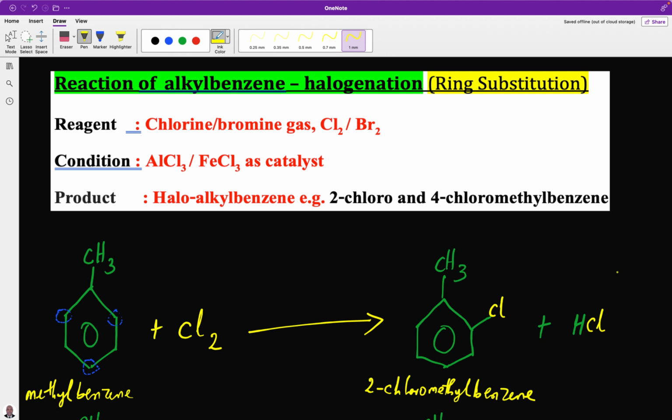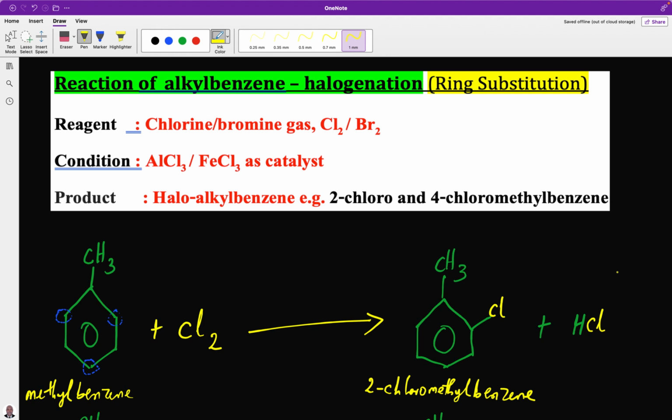That is why we say alkyl groups are 2, 4, 6 directing, so that any incoming group or any incoming electrophile is directed to the second, the fourth, or the sixth position. This is where there is electrophilic substitution. Once more, electrophilic substitution is taking place at those positions because those are the positions that there's high